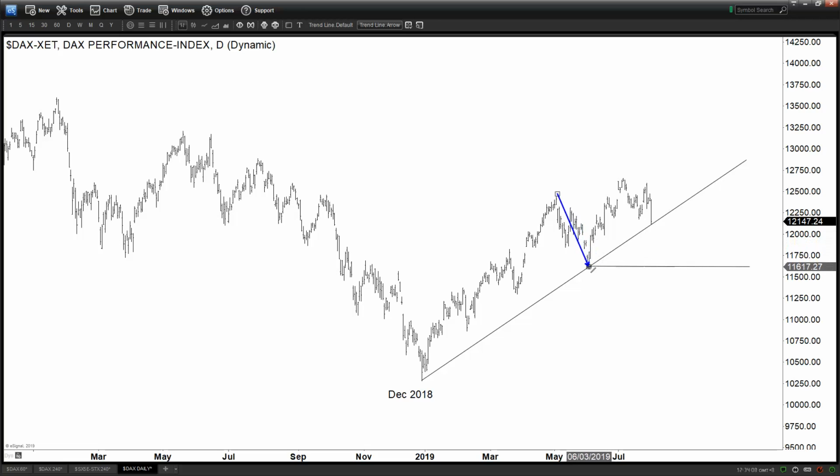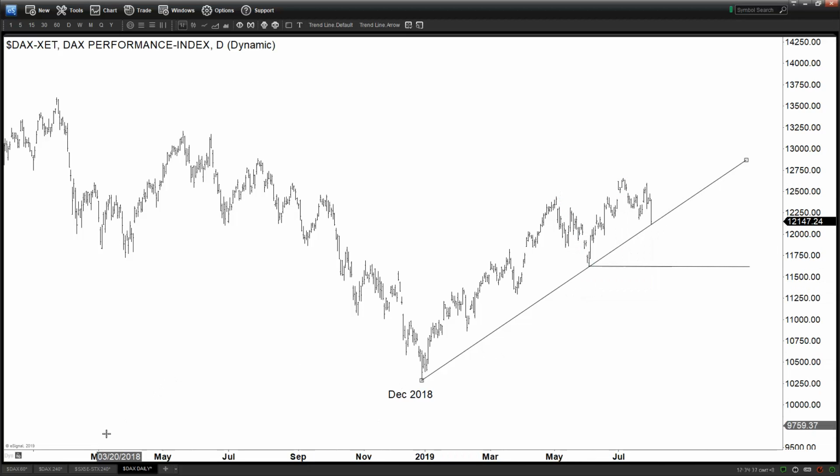We can have an A, a B, and then this could be like a 1 2 3 4 5 like this, for example. So it is ideal that the DAX does not break and does not close below this ascending trend line here for the bullish view to be holding up,